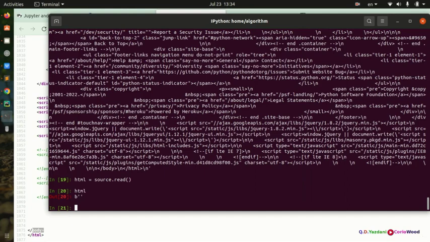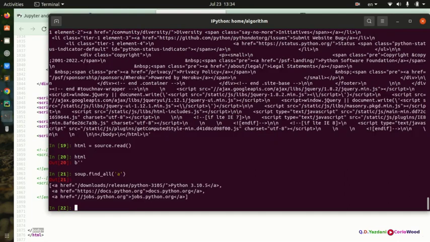So if you put soup.find_all a, and you look in here, that's all the tags here. You can try another website as well. You don't have to try with Python. If you want to try